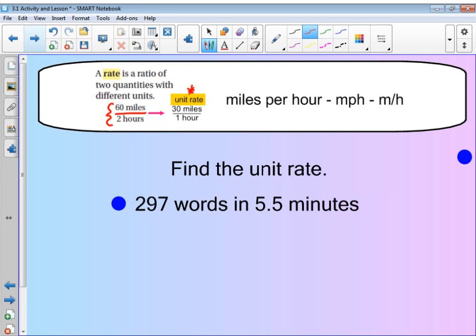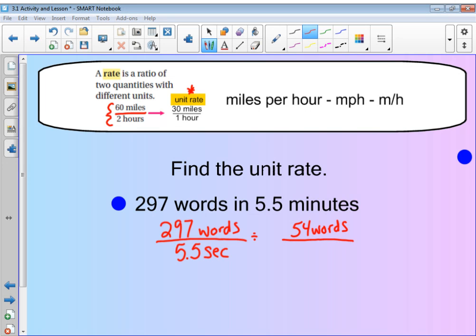A unit rate is always over 1, or 1 unit. So here we've got 297 words per 5.5 seconds. Left to right is top to bottom. Now when I do this, I want to change this into its unit rate or its reduced form. So this little bar right here means to divide. So on my calculator, I can go ahead and punch in 297 divided by 5.5, and that's going to give me my unit rate of 54. So my final answer is 54 words